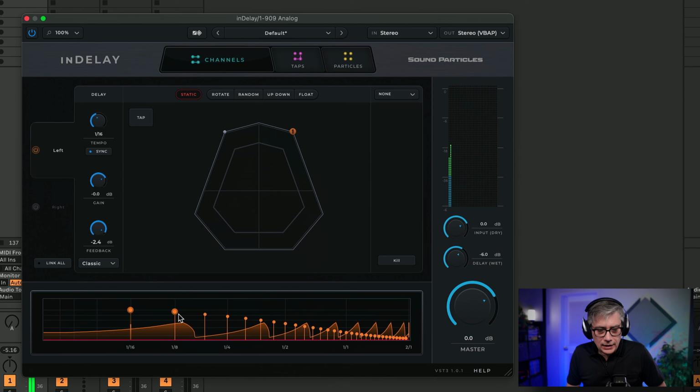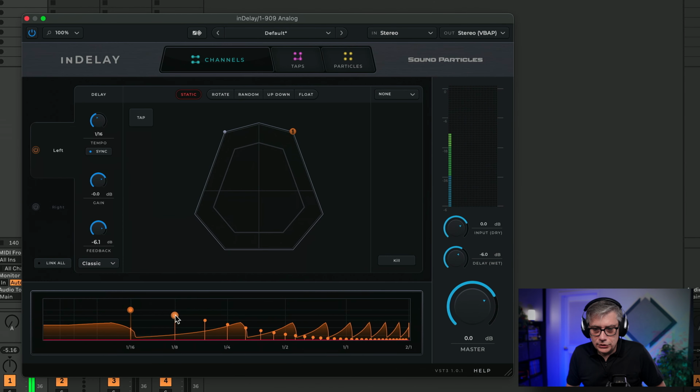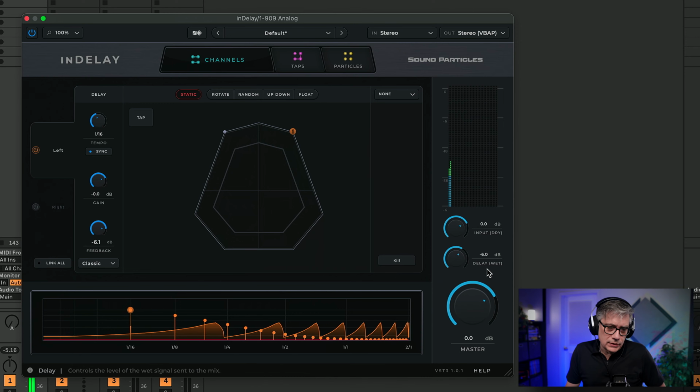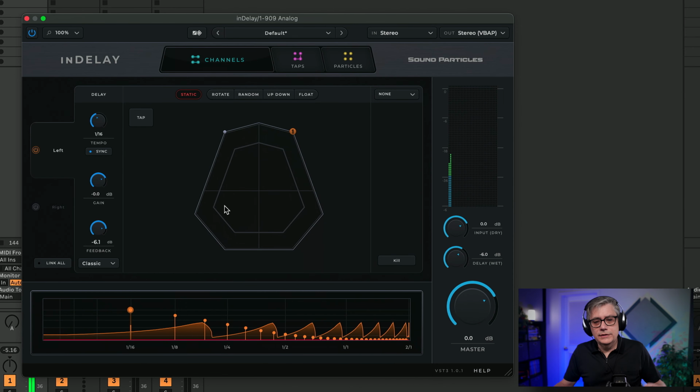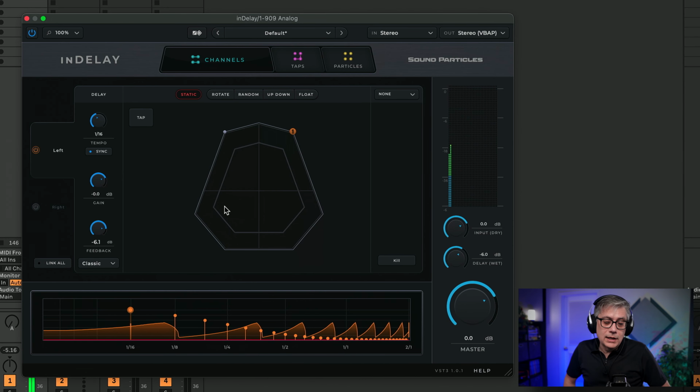And once again, I can either control everything through these knobs, or I can also go down here and control it here, which is really nice. So the user interface is actually quite astonishingly good. The only grievance that I have is this semi-sphere, which might be a little bit difficult to understand if you are not really comfortable with working in 3D. Now, all Sound Particles plugins have this type of interface. So if you have other Sound Particles plugins, you're probably comfortable and you probably know exactly how everything works.